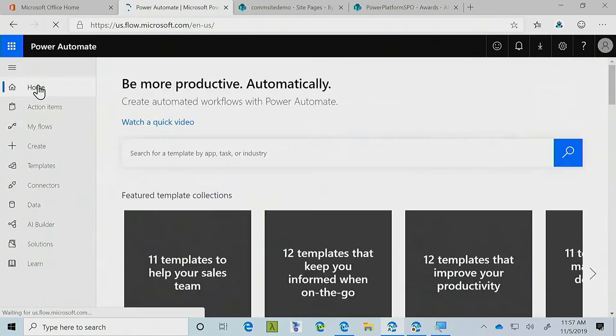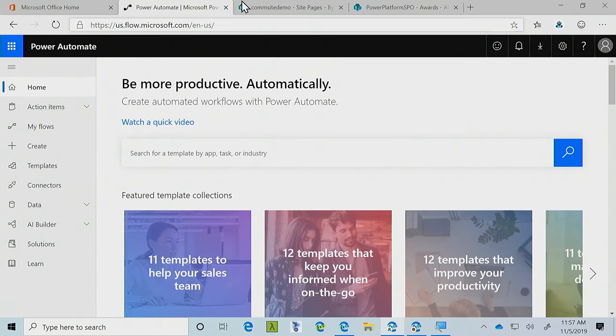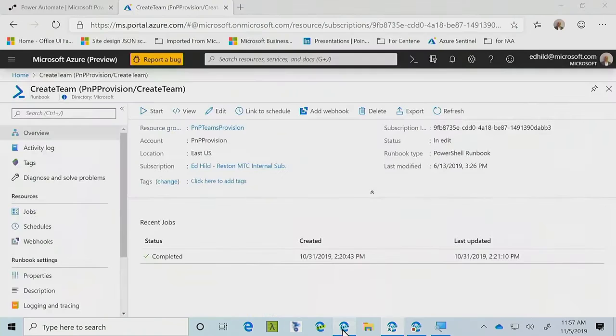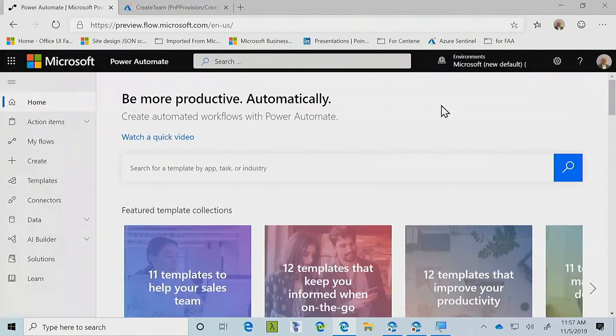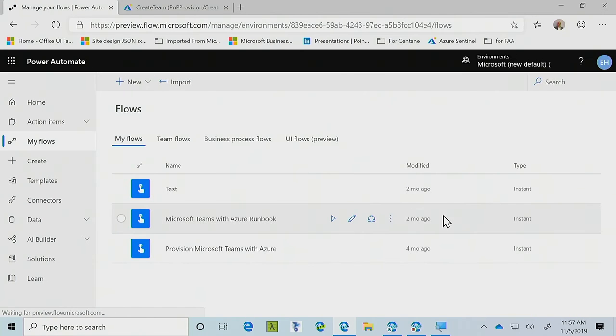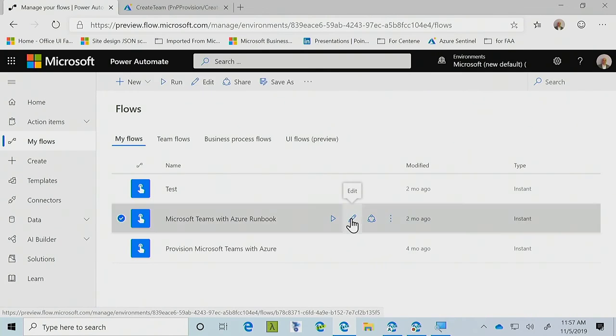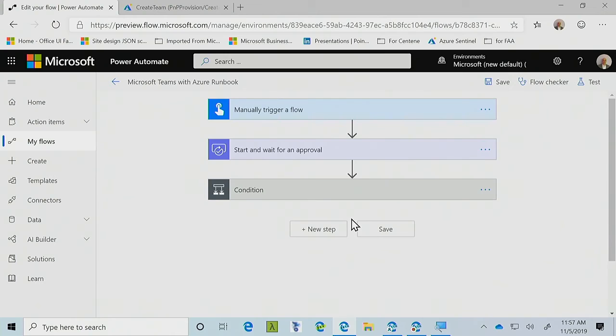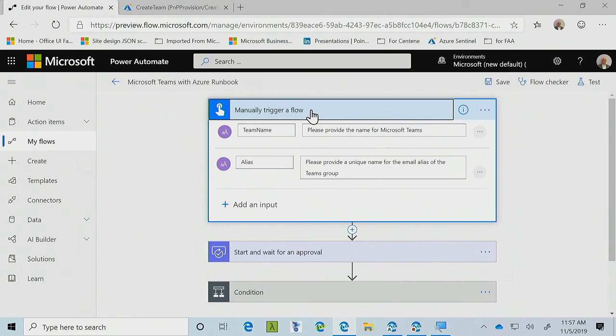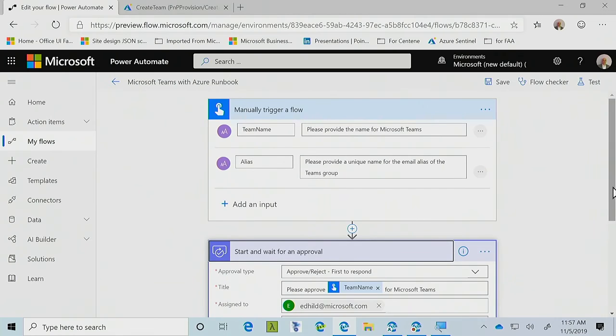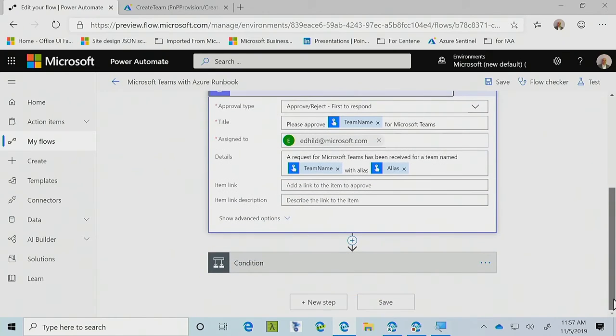Wow. I got time for one more. And for this one, we're going a little bit more hardcore. So this flow is just manually triggered. The trigger's not important. What am I asking for, though? The team name and the alias. And then I do an approval process. If it's been approved,